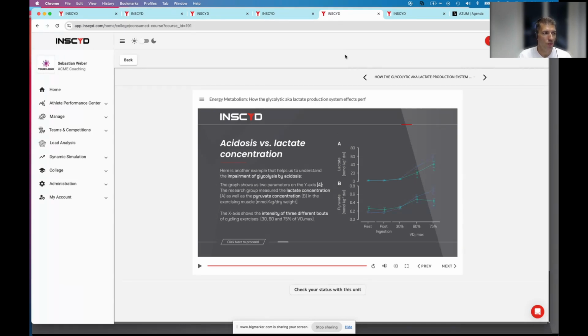The other course I recommend would be the one about energy metabolism, specifically the one about the glycolytic system. Here I'm showing you what is most interesting for this training example we had today: a part where it's explained how the production of lactate is connected to acidosis and the drop in pH levels. We don't have the time to dive into that today, but we actually